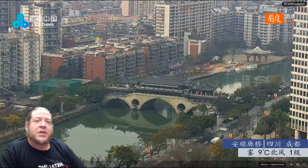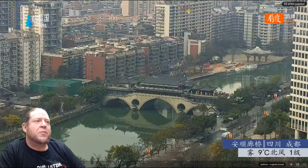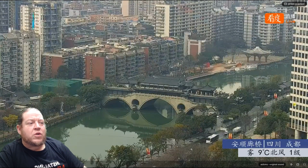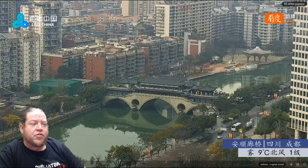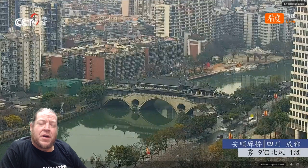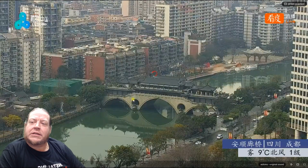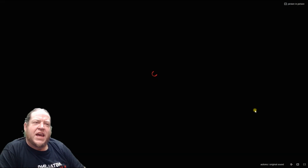So you've got the older buildings here, right? The somewhat newer, larger buildings coming in the back here. Over on this side, you've got the larger business type of towers coming in. You've obviously got the traffic on the street, so this is quite a bit of traffic. So it's a hustling and bustling modern city, but it still has these little touches of traditionalism, which I love so much. It's amazing. It really gives people a place to go and reflect, to just get away from the